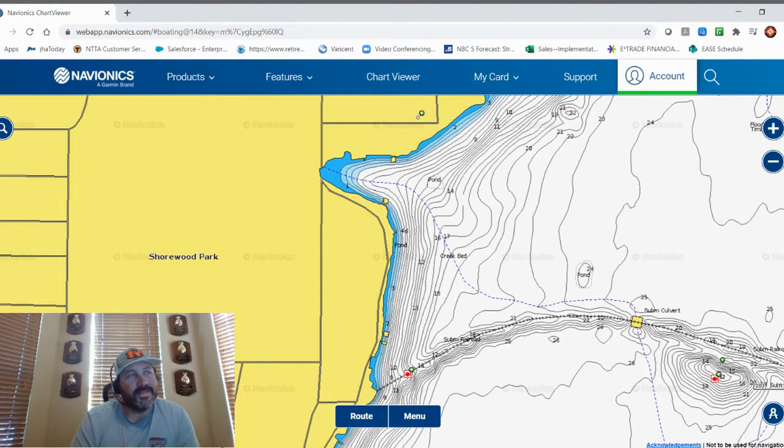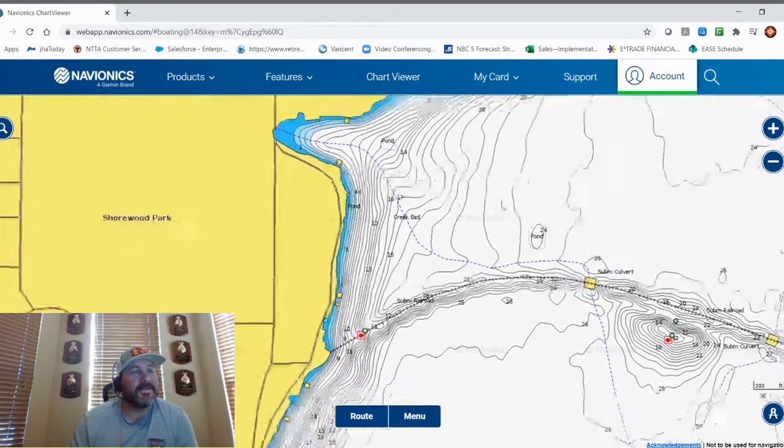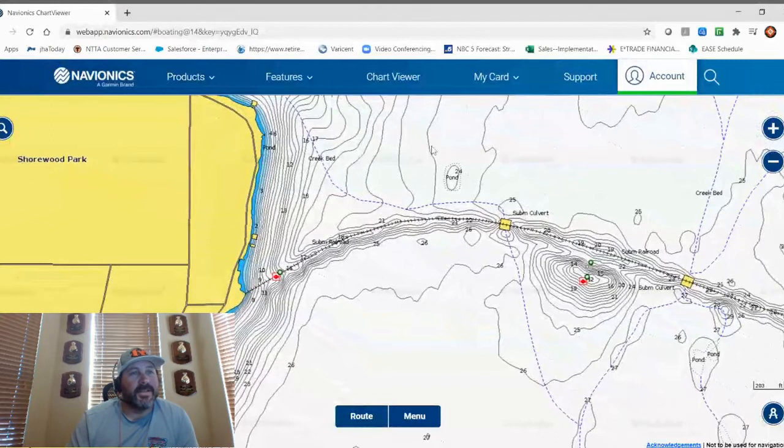Again, depending on the time of year, if it's the dead middle of winter, that's probably not where you're going to go fish. But if it's springtime, you never know. You might find a fish that's bedding right around that area. Another good spot to check out wintertime, fall time, summertime is really the public hump,